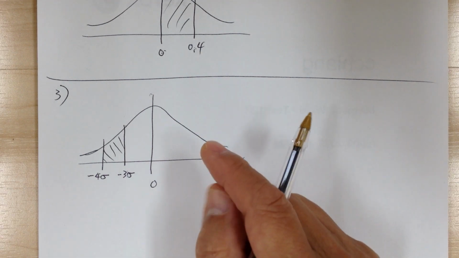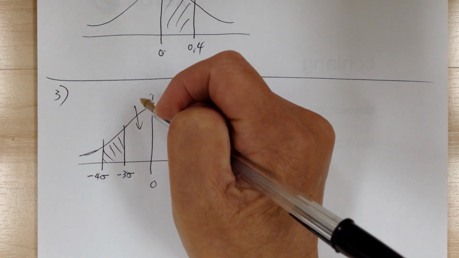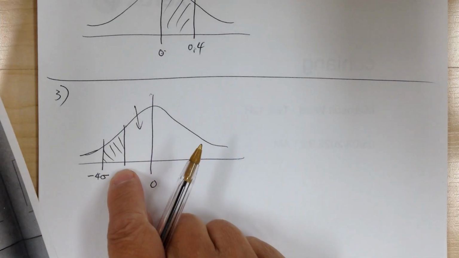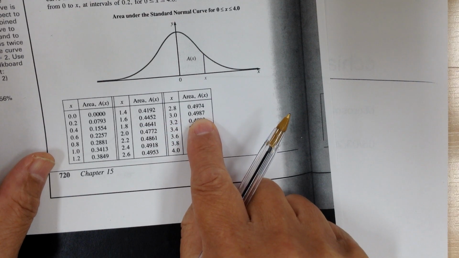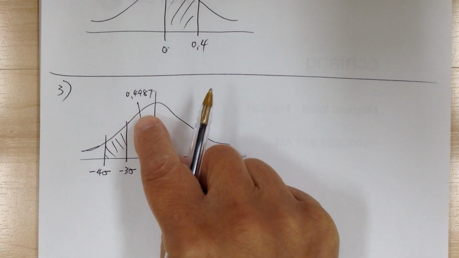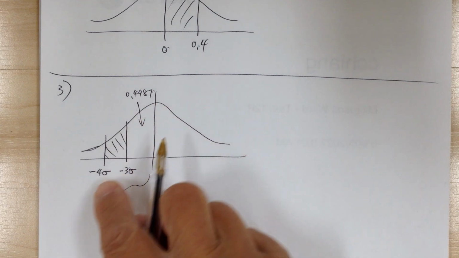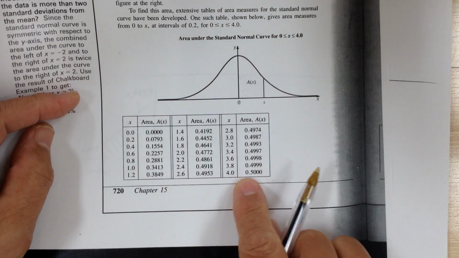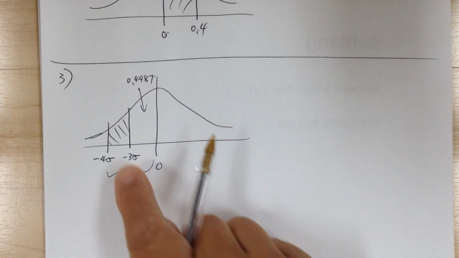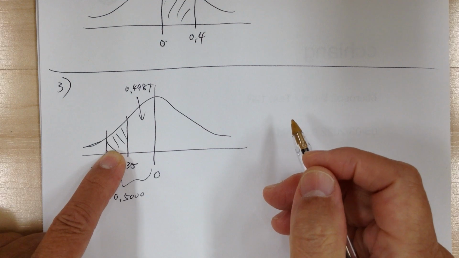Again, you go to the table, you look it up. For 3.0, you can just ignore the negative. So you just look up 3.0, which is 0.4987. That is this area here. And the entire area, so look at negative 4, so 4.0 is 0.5000. So this area would be equal to this minus that. So the area you're looking for,